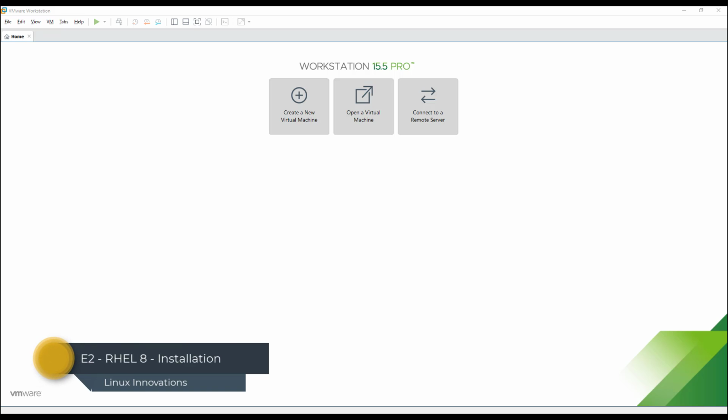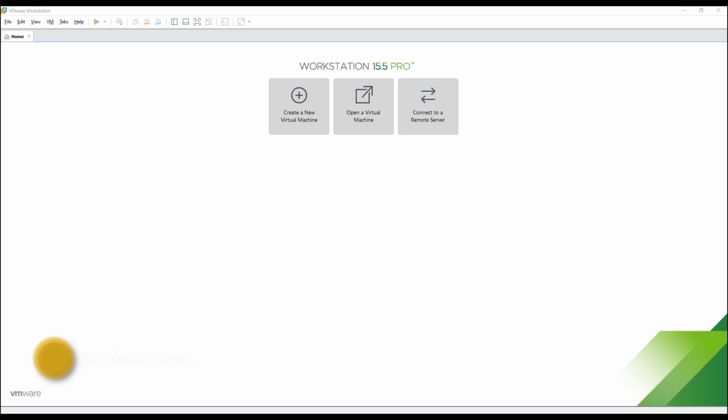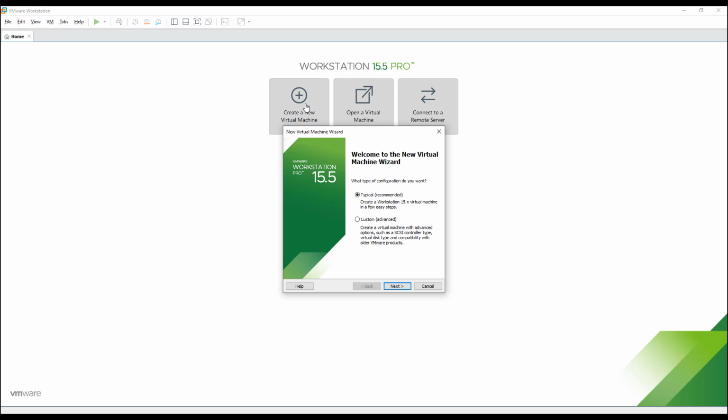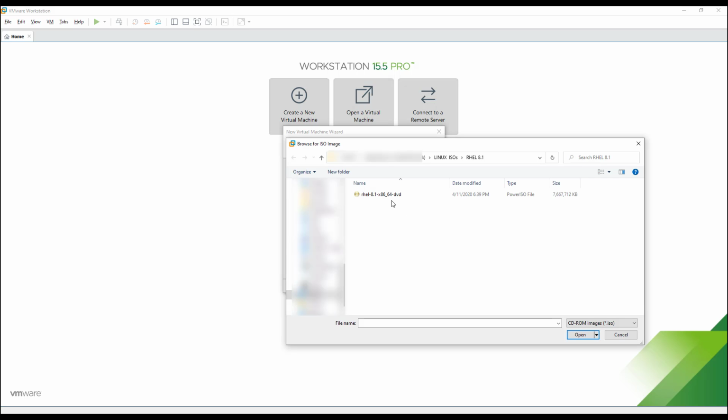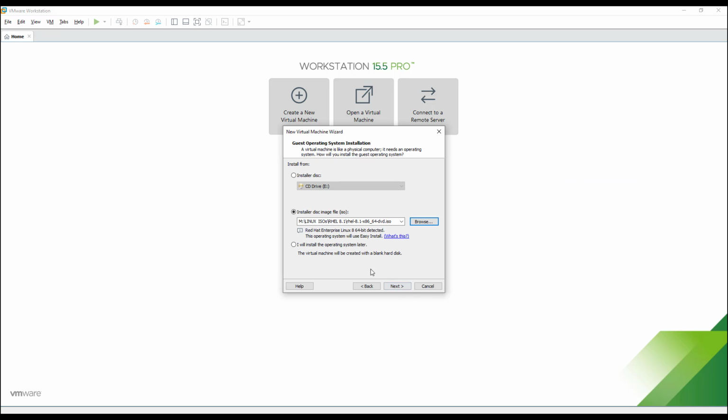In this episode, we will install RedHat 8 as a virtual machine using VMware Workstation. The first step for this process is to click the new virtual machine, click Next. Then we make sure that we select the proper ISO image, in this case RHEL 8.1, click Open, then click